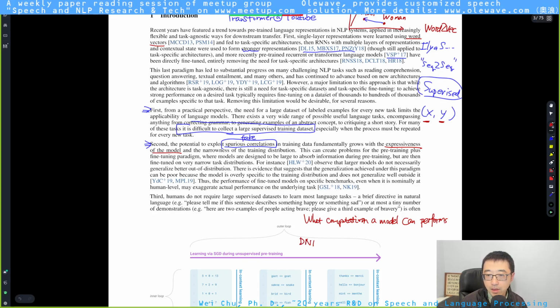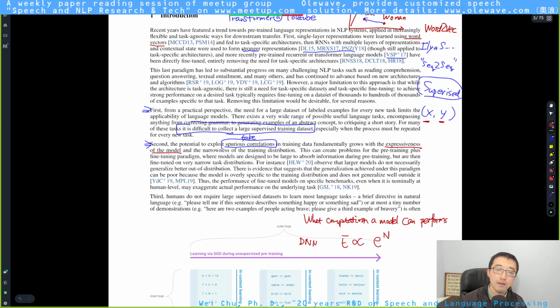So for a DNN, the expressiveness of the model, let's call that E, if we can measure it, is proportional to the exponential of the number of layers.